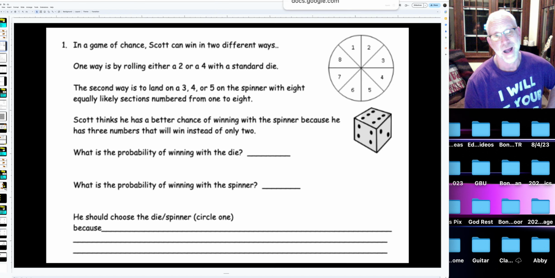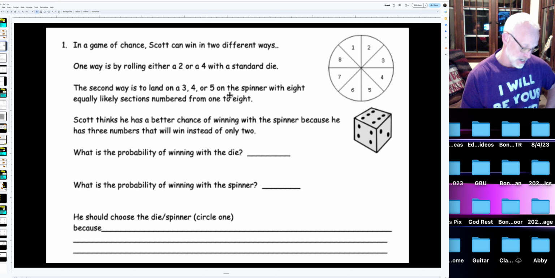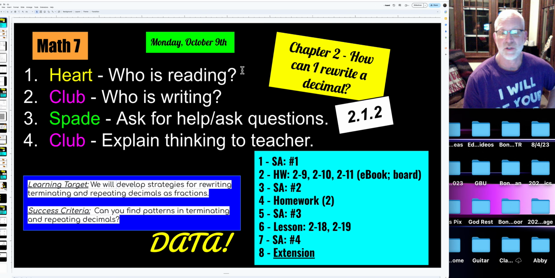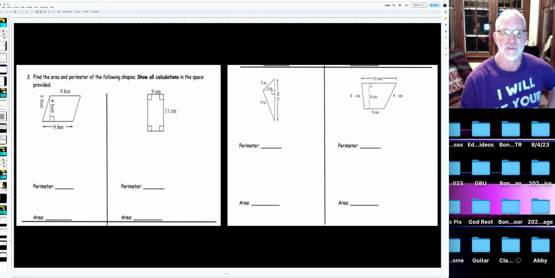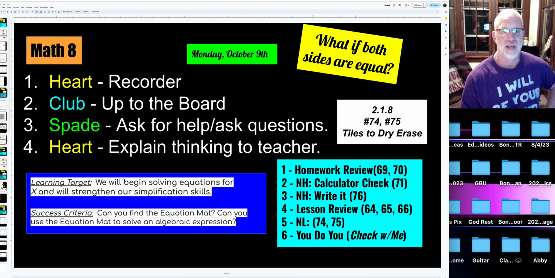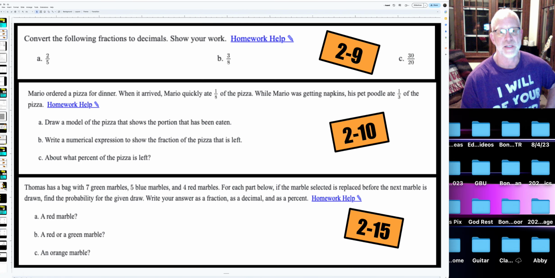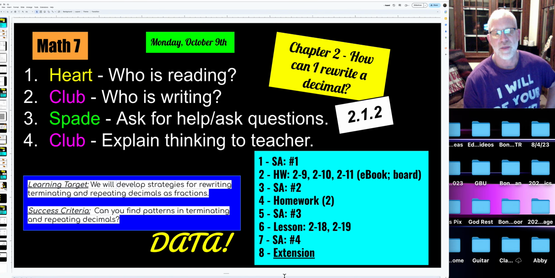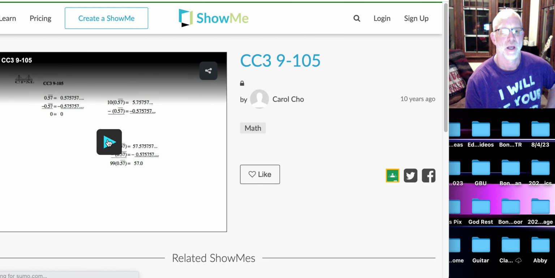Okay. As you're working on those two questions, that's 218 and 219, I'm going to say stop, and then I'm going to show you the summative assessment question number 4, which has to do with adding, subtracting fractions, and then figuring out this piece of the pie problem. After that, we're going to go to something a little tricky. It's called an extension, and this extension has to do with how do you figure out the fractions